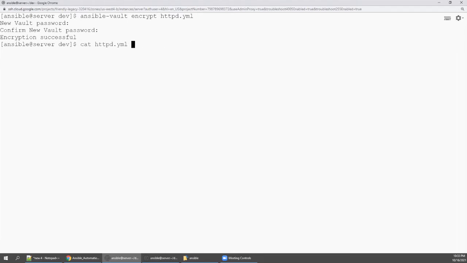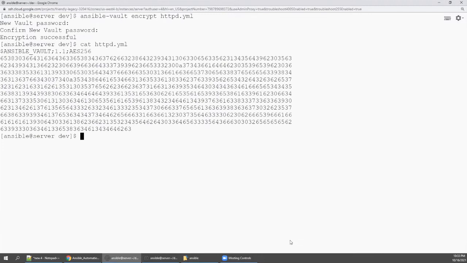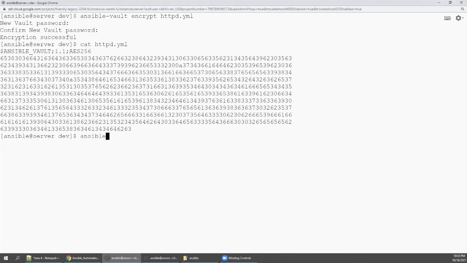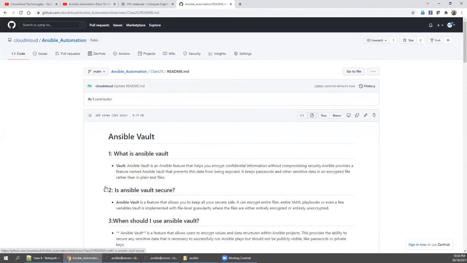Again, I'm going to use the same command, cat. This time, let's see here. It's simply junk. I don't know what is there inside. It's all numeric, so it's encrypted. Now the file is encrypted, which means even I cannot give any execution here. See, it's an encrypted file. No one is authorized to execute it either. So come down.